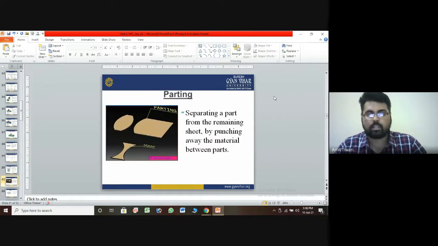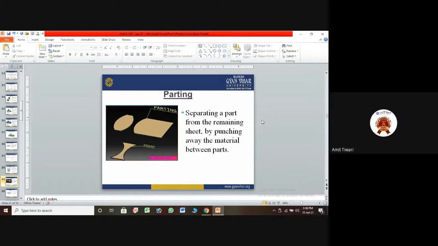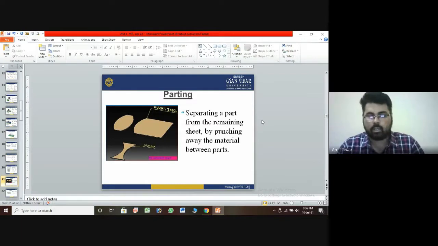So we can say that parting looks like this. You can cut the material from that area and a section will be fabricated. We can see this is the complete sheet, but you can cut the part along some curve. You can say this is a cup, but the remaining portion is continuously joined, so this section will be joined. That remaining portion you can cut out, and this section is known as the parting section. Parting is basically for dividing the portion so that two pieces are fabricated. So these are some examples of parting to help you understand how it is fabricated.